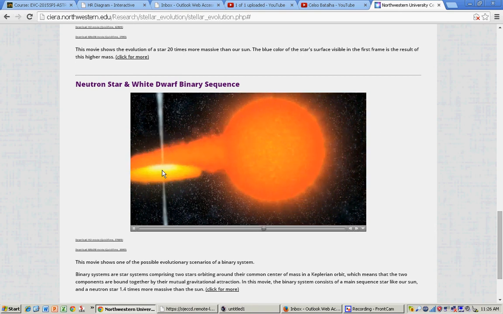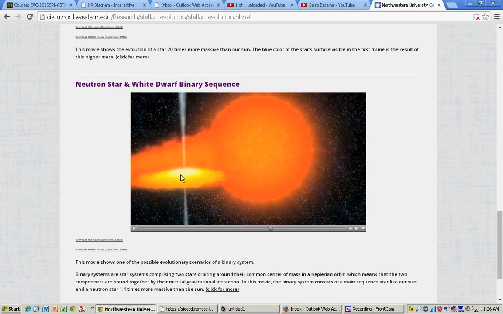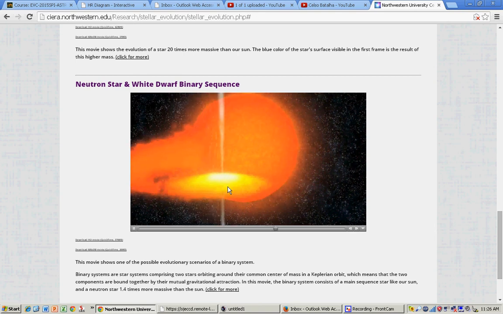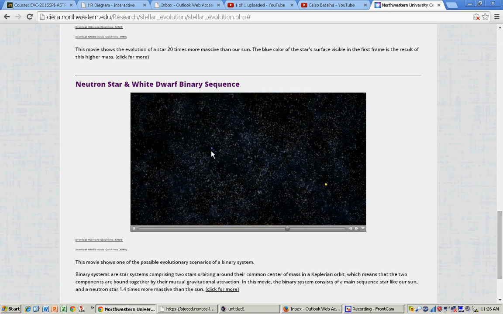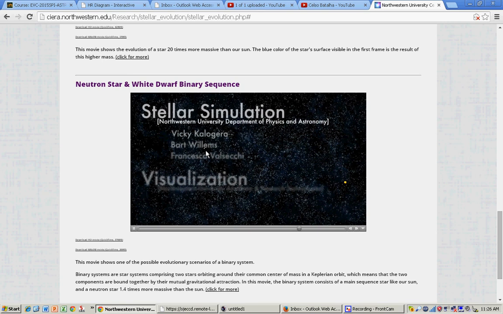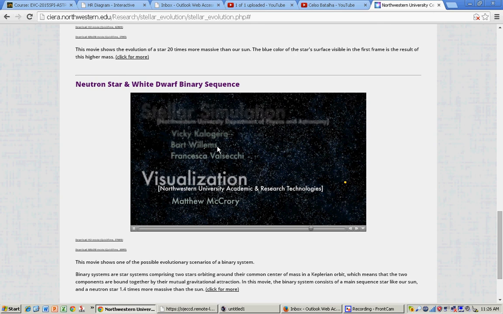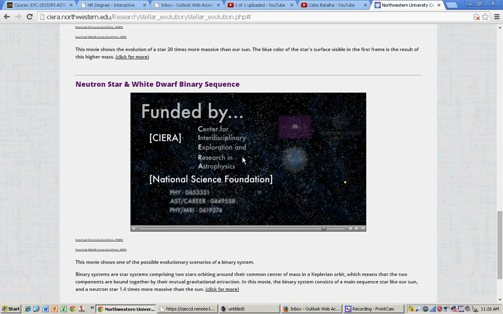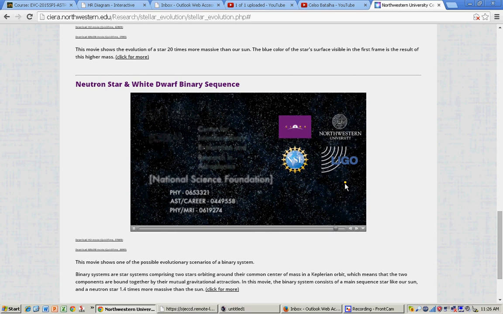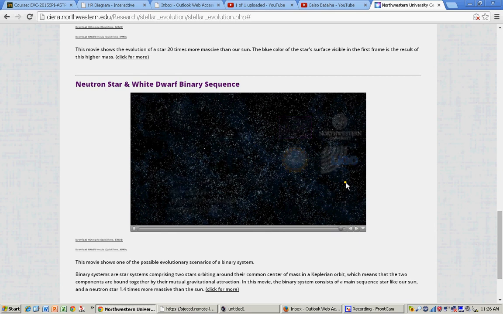If this compact object is a white dwarf, if the mass goes more than 1.4, it's going to explode in a supernova type 1. But it could be that this secondary here evolves, right, as a white dwarf or something else. And now you have a binary system comprised of a white dwarf and a neutron star. So in fact that would be the neutron star because it evolved prior to the white dwarf. Okay.